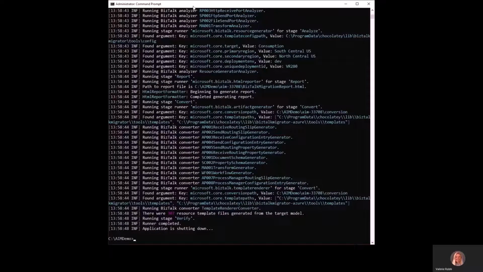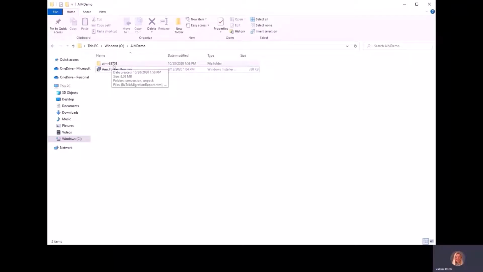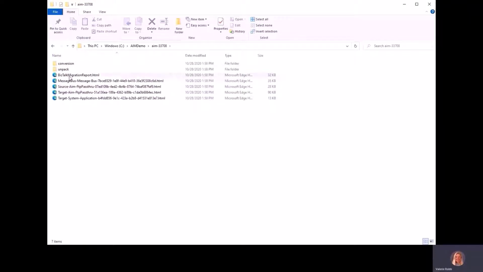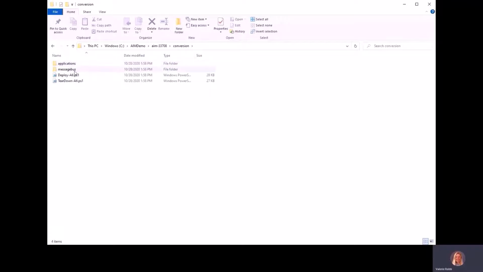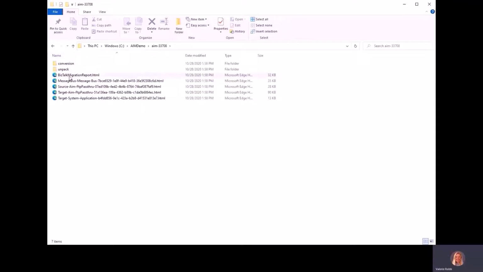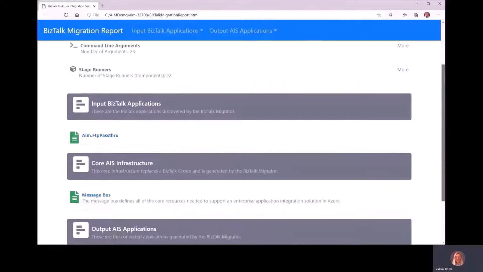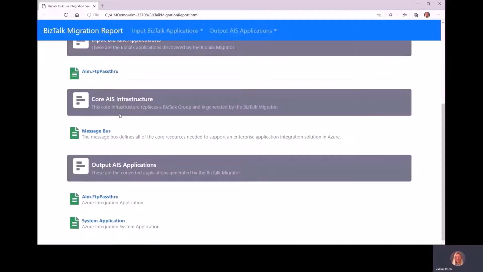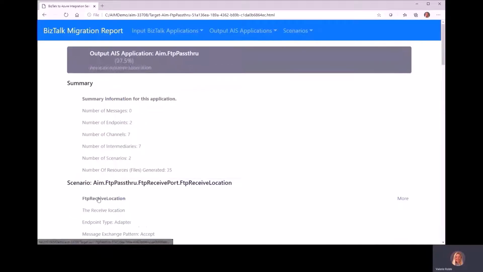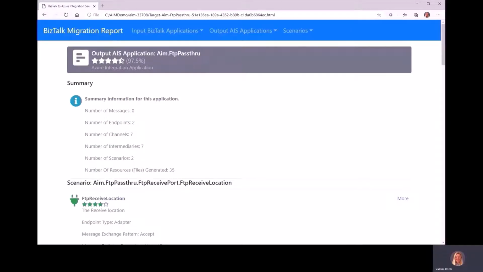It creates a unique folder that contains the HTML files that have the report and a conversion folder that contains the Azure deployment scripts, including a deploy all PowerShell script. The HTML report shows summary run information along with the details of BizTalk applications that were processed and the Azure components that were created. We go into the FTP Passthrough application and it shows it was 97.5% successful in the